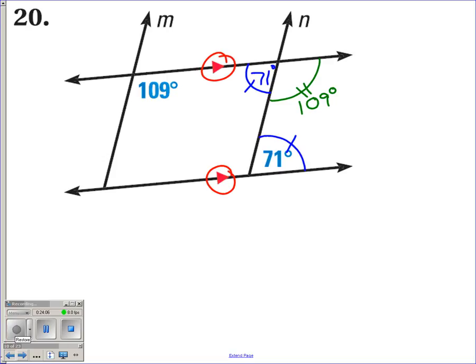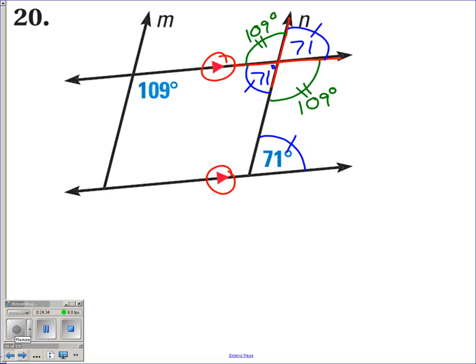Well, if you notice up here at this intersection that I'm marking in red, there's an intersection of two lines. Well, as soon as we have that, we have different pairs of angles, linear pairs and vertical angles. So I'm just going to mark the vertical angle here with 71, the vertical angle here with that 109, and